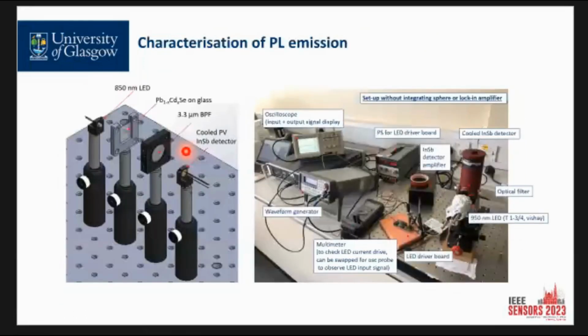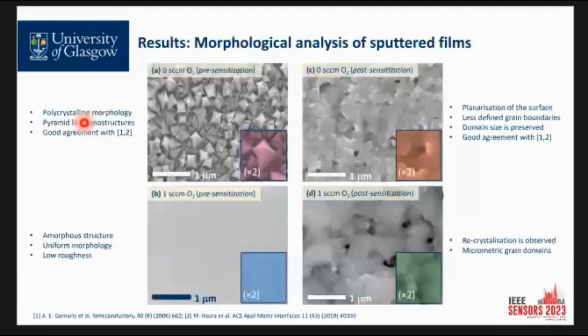In order to do a short talk, what I can show here is where we put, in this case, our sample in between an LED that is pumping photons with a certain wavelength, producing the excitation of the electrons well beyond the conductive band, and then the non-radiative recombination to the edge of the conductive band will produce the 3.3 microns photons that we need for the methane to get excited. On the right-hand side, you see our setup for evaluating the PL, and this is kind of an overview of